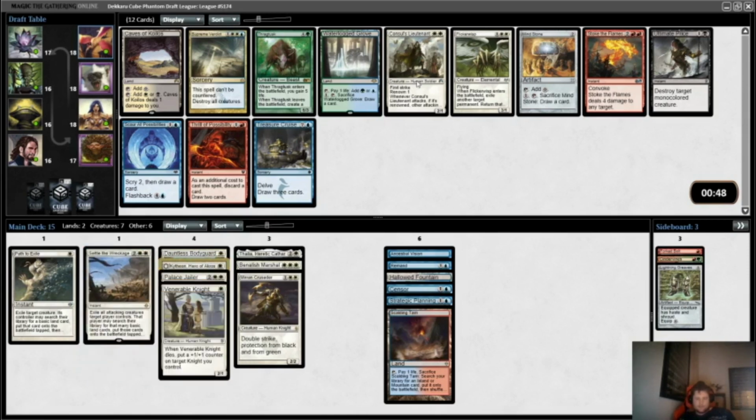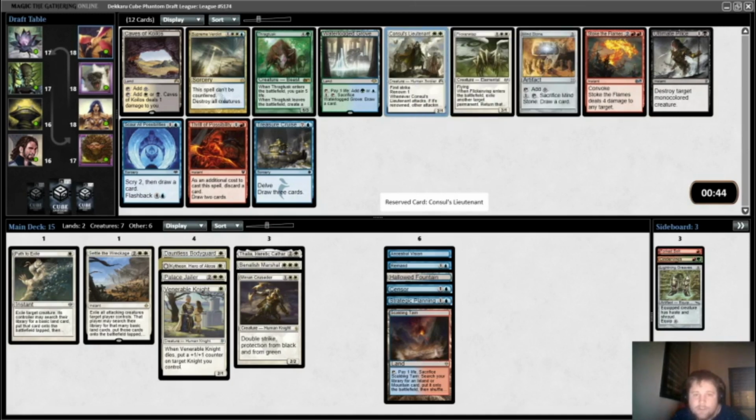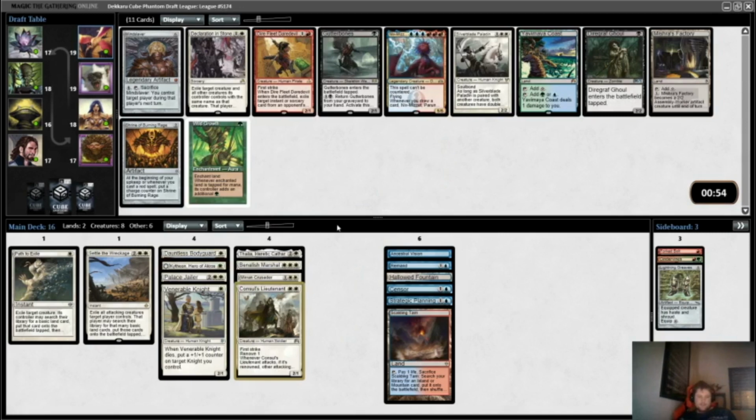If I'm not playing them, it's good. What is this? Consul's Lieutenant. A 2/1 first striker with Renown. When they hit, if it's renowned, other attacking creatures get plus. Okay, so it's like an aggro card. Let's take it. Treasure Cruise there, also something to be said for that. Thinking...